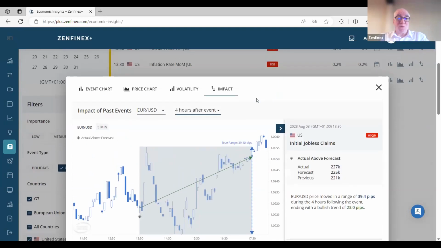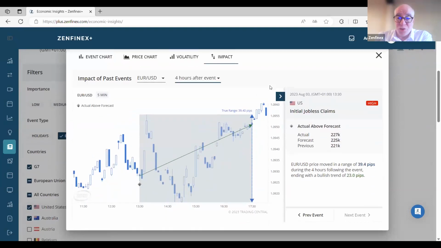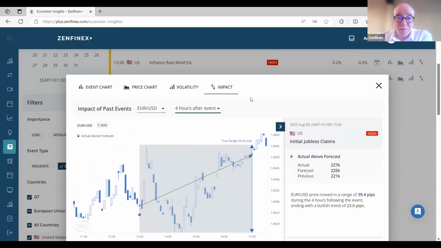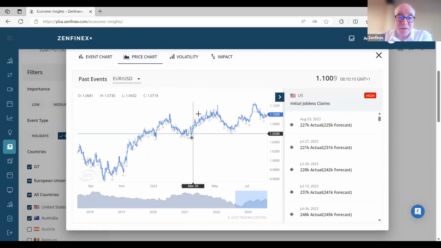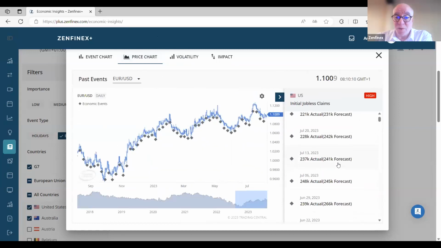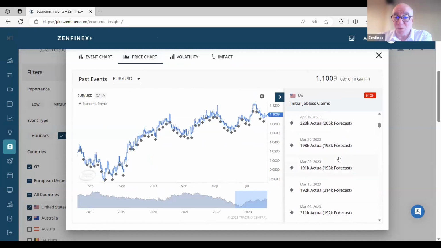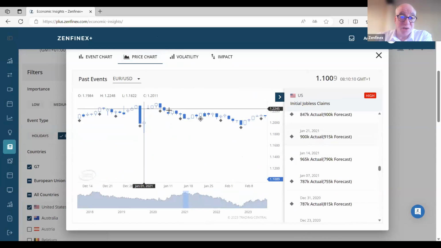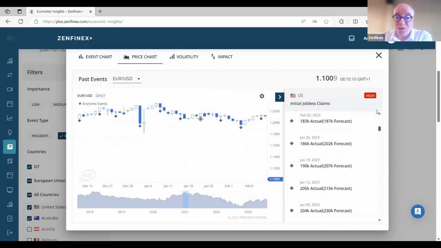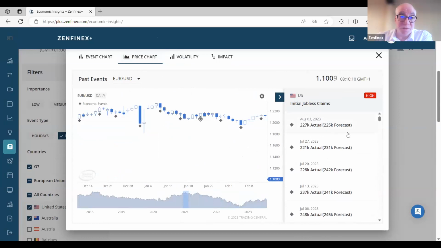So this is a really cool tool where you can do a little bit of research before the actual news comes out, because if you don't have this level of detail on your own platform, then it can be an advantage to look back in time, to look at how previous numbers affected price. You can go all the way back, this one goes quite some time. Let's see how far it goes back, to 2021. So we can actually look to see what happened then. And you can start building up a bit of a picture in terms of,